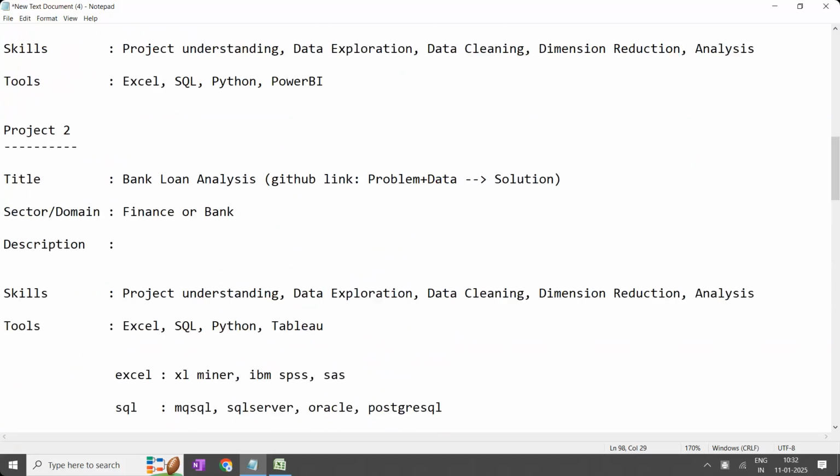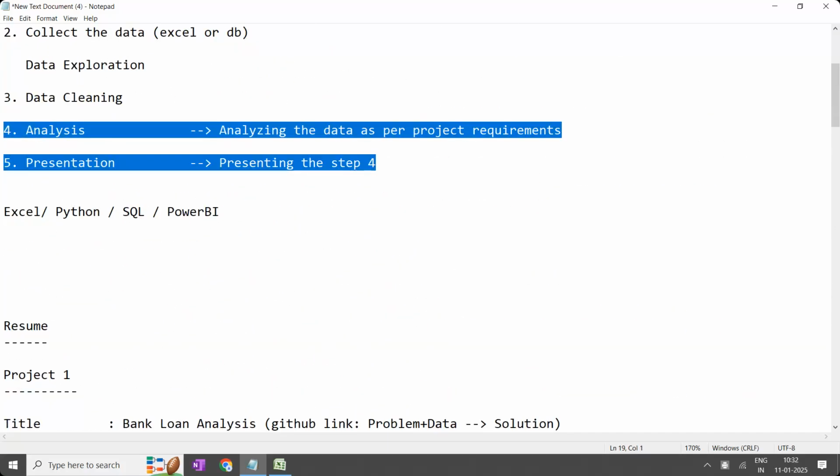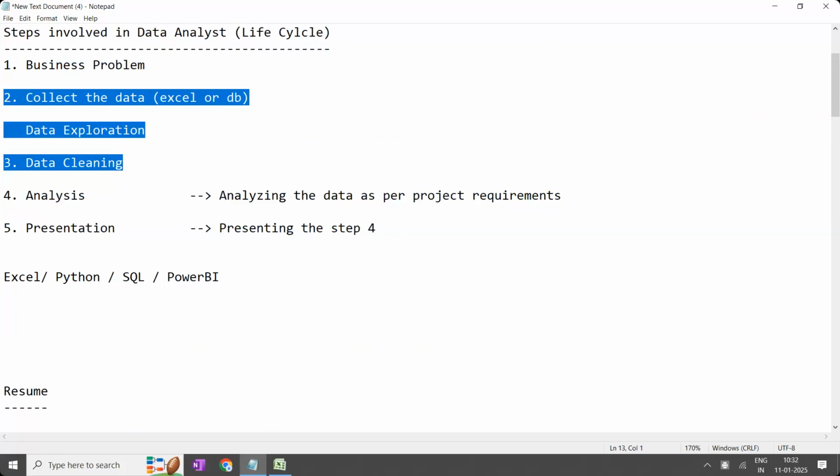So here I have told you, right? Step 4, step 5. These 2 in project 1 Power BI. These 2 in Tableau. These 2 in Python. The first 3 you can select as per your choice. So in that, the first one you can't select. The second, these 2 you can select as per your choice. Okay. Is the point clear?